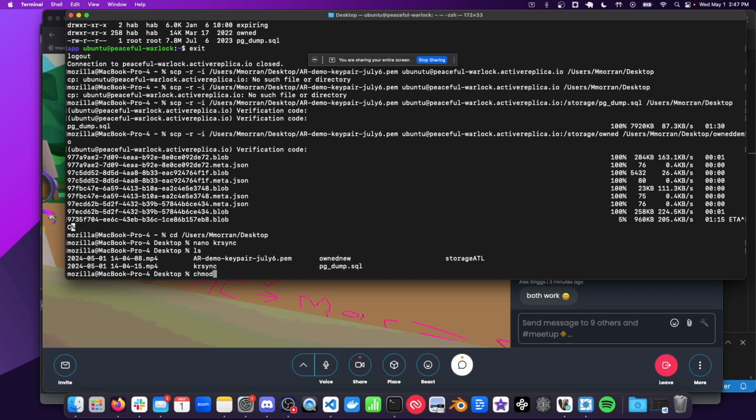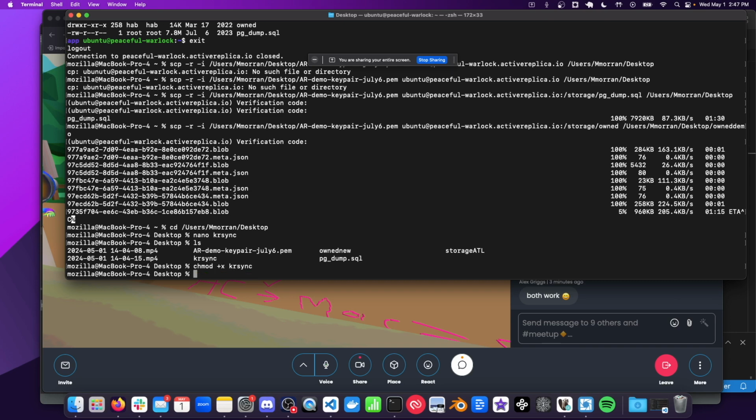So I'll do chmod plus x and then kr sync beforehand. You might have to do that depending on your device. Okay, so the command itself, we can do bash or just dot kr sync